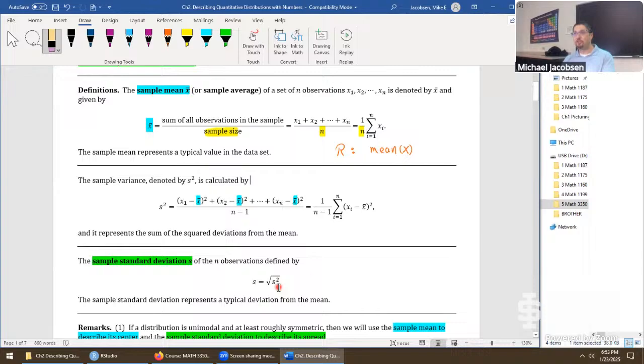It's literally just the square root of the variance, so that's kind of cool in a way. Whatever this was just goes down over here and we square root it. Now the unit for x bar is the same unit for S. And so when we're describing the spread and say it's this many inches, it makes a lot more sense than if you said this many inches squared, a unit mismatch.